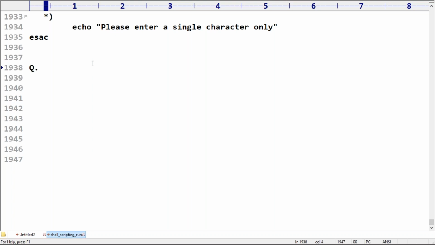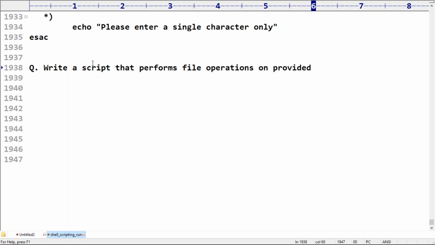Here, write a script. Sir, can you write a script that performs file operations based on provided option?